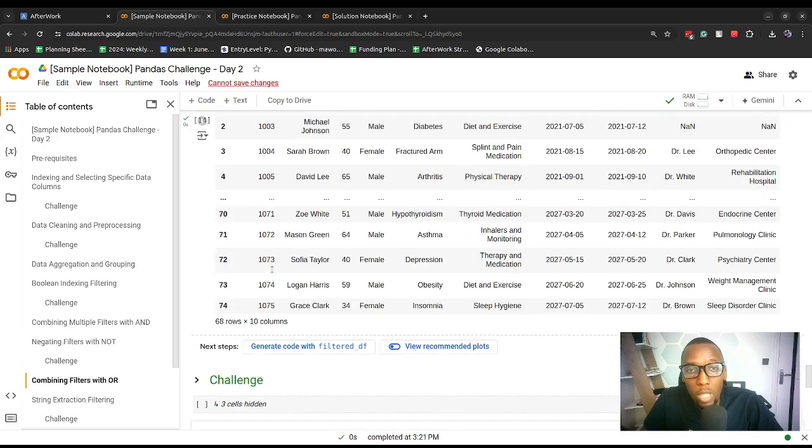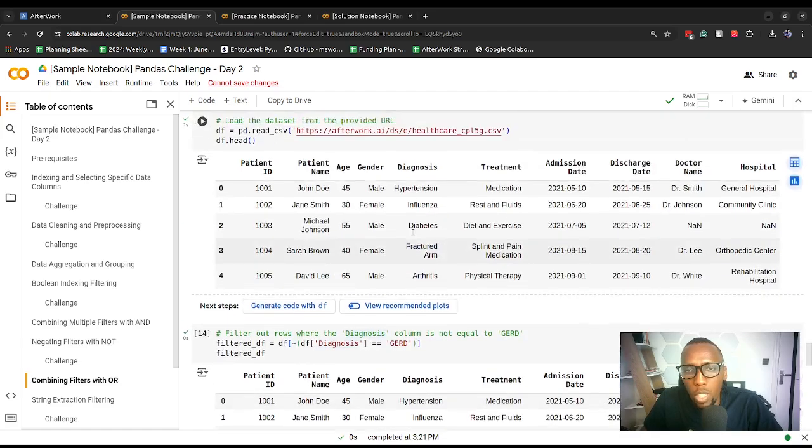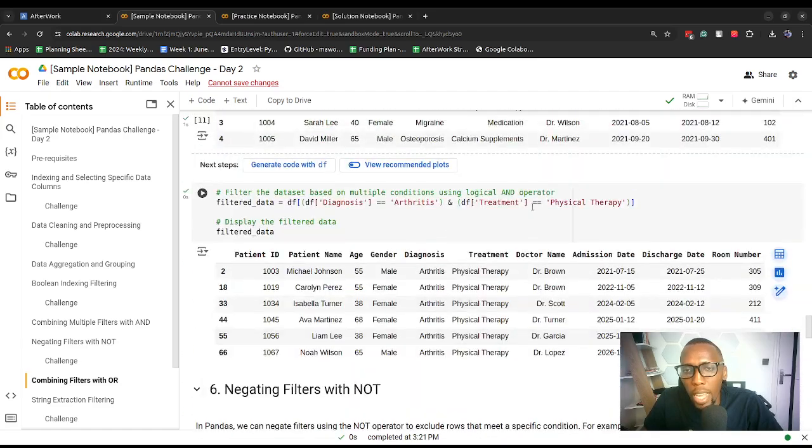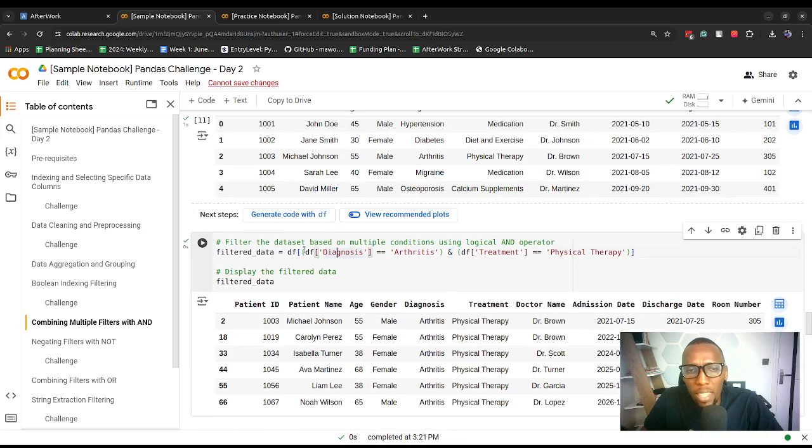Combining filters. Sometimes you might want to, so here, let me show you. Here we had and operators. For this particular case, we wanted records which have both of these conditions true. If a record had only one of these conditions true, we wouldn't get it, because we wanted both conditions true. But if we wanted to get records where either of the conditions is true, we usually use